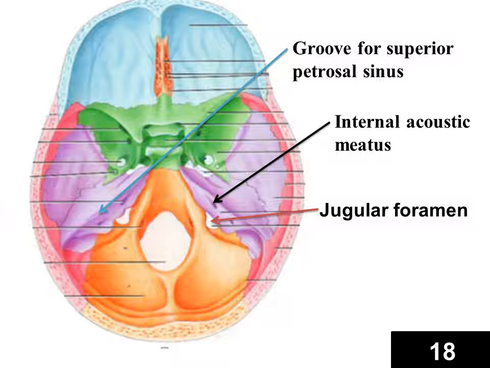Through it pass the glossopharyngeal nerve العصب الدماغي التاسع، العاشر vagus nerve، 11 accessory nerve and the internal jugular vein اللي هو أكبر وريد in the neck، internal jugular vein. هذا أخذناه احنا